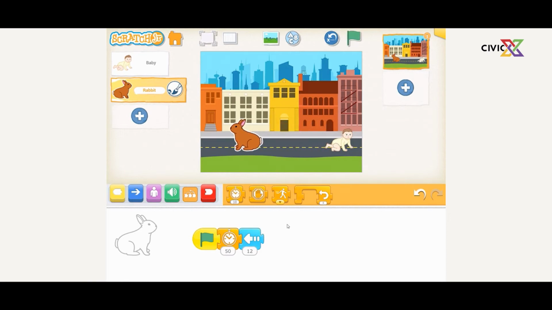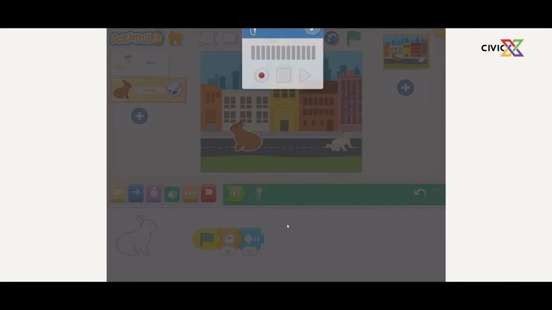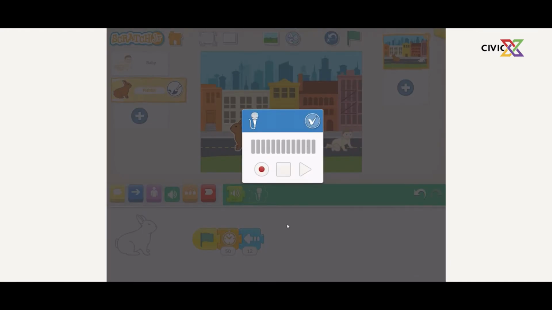Great. Perfect. So now we want the rabbit to make a noise when the baby crashes on it. So we go to the green blocks. There are 2 different activities in the green blocks. We have the pop sound and we have the other one where we can record. So we don't want to use the pop sound, we want to record. So let's just record something ridiculous like